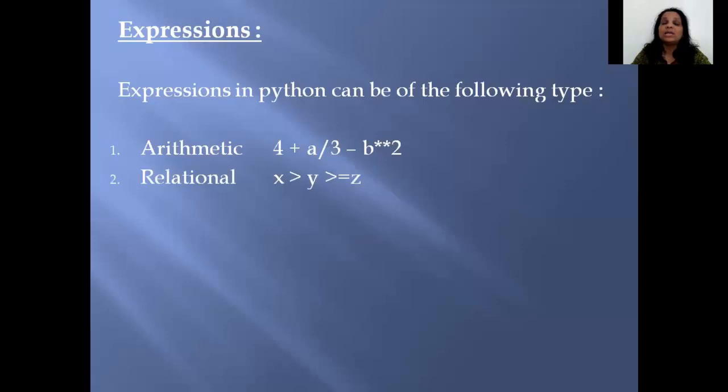Next, we see relational expression. In a relational expression, you only see relational operators. Here you see two operators, greater than and greater than or equal to, and three variables, x, y, and z. So it's a combination of operators, variables, and literals that makes it an expression, but here you only see relational operators being used. Then you have something called a logical expression. There you make use of only logical operators, which are not, and, or. So you see and not being used here, and A and B are nothing but variables.